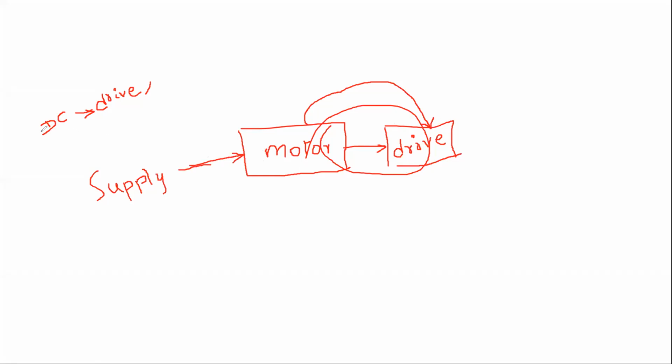Already we are saying that it is a DC motor. The supply is either DC or AC. Please tell me. So actually we have two types of supplies, that is DC or AC. You can use any of these according to the requirement or availability.